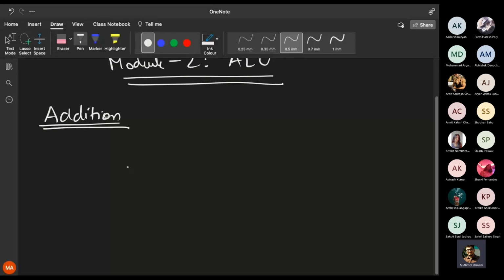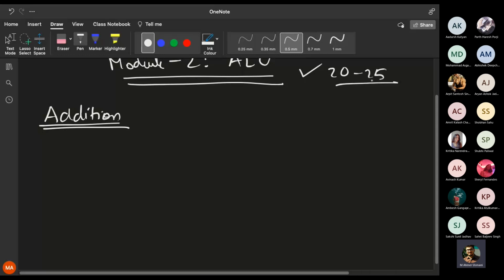So if you haven't studied anything so far, no issues, you can start fresh from this particular topic, and this module number 2 will give you guaranteed 20 to 25 marks. So if you want to clear the subject, and you study this module, you can guaranteed clear it. So it is that important. Kindly pay attention. Should we start? Yes.